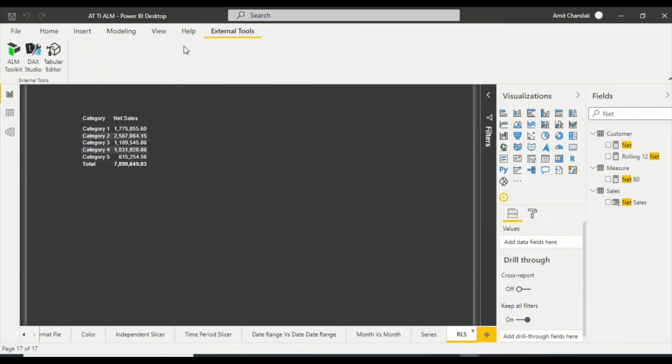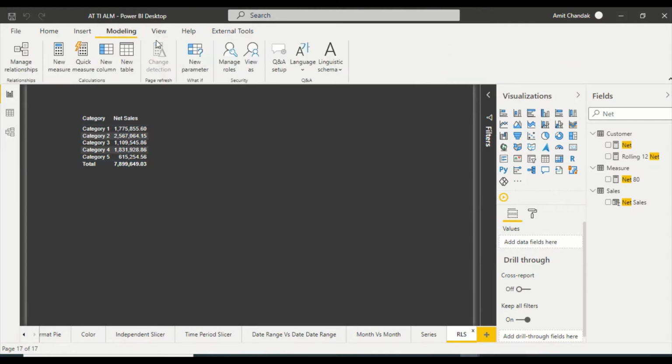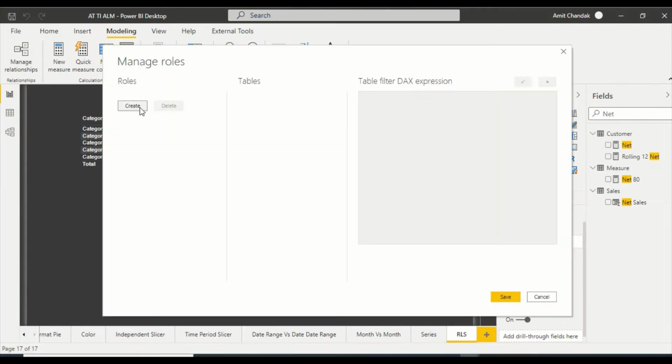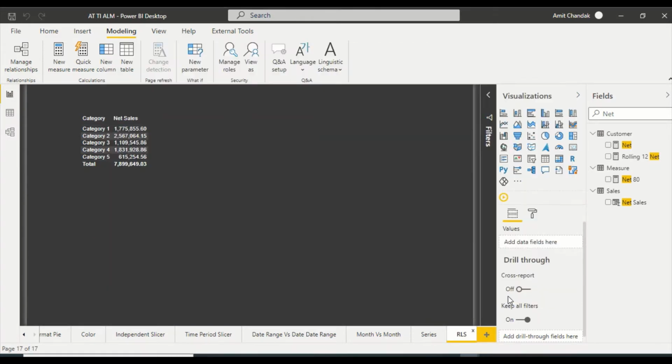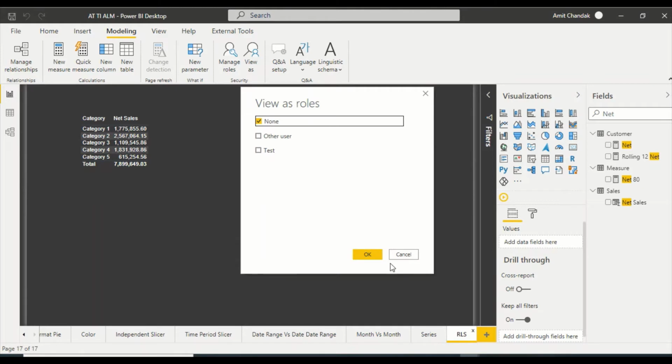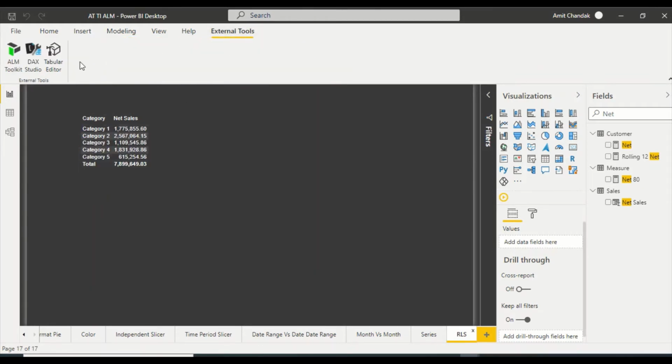First of all I need a role. So let me go to manage roles and create one role, which is test role, and I'm going to say save. I'm just creating this without any security right now, and if I view roles, I see test role. Now let me go to the external tools and open Tabular Editor.